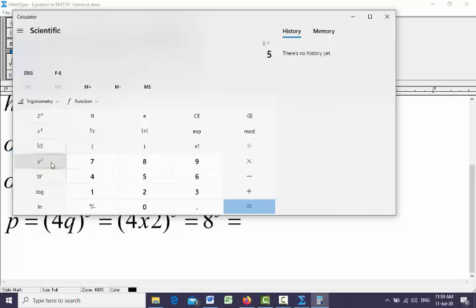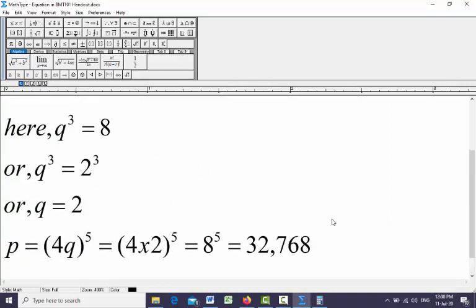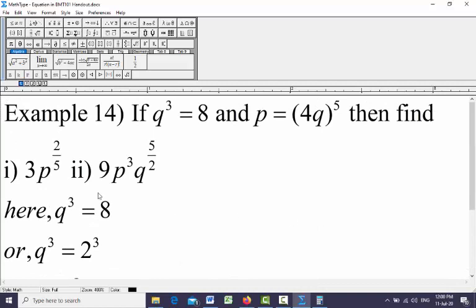8 power 5 is equal to 32,768. This one, right? So this is the value of P. Now the first question is asking us to find out